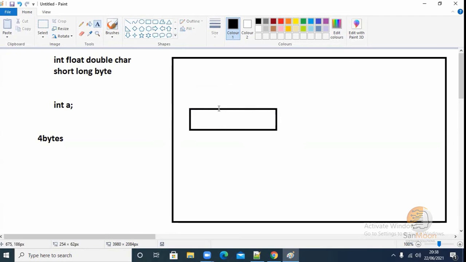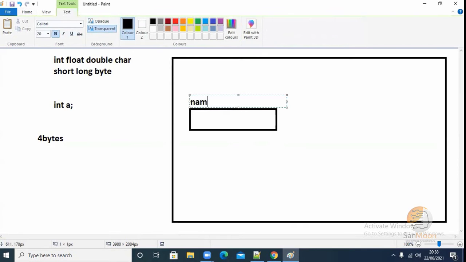And the moment it is allocated, that memory will have a name. Name means the a, the name of the variable. And then the same memory will have an address. Address means some hash code, something it will maintain, some address.